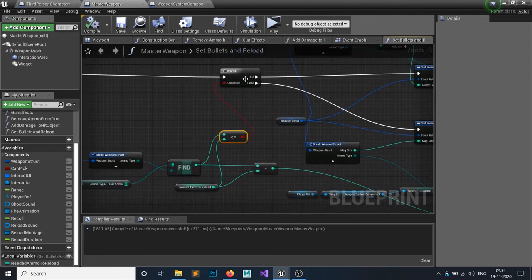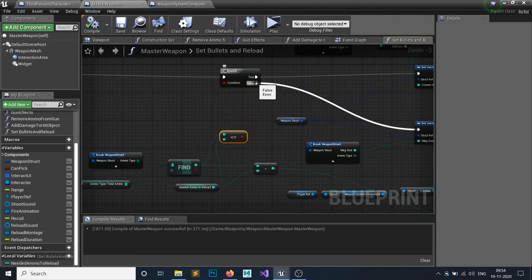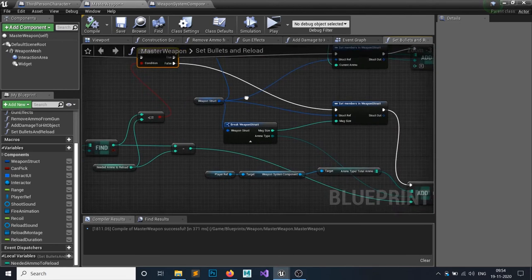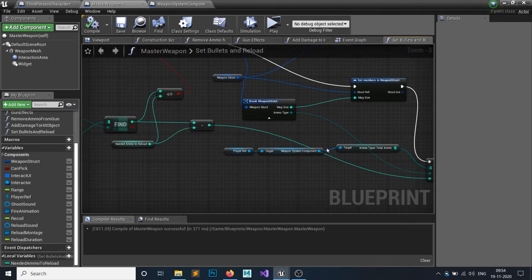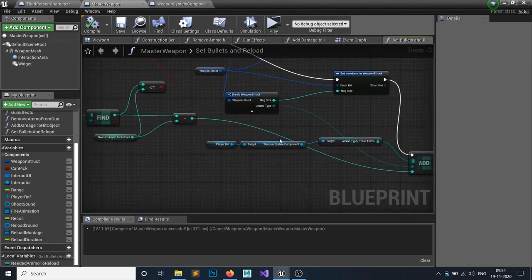Yes, I have enough ammo to reload a whole new round, so I follow the false part. In the false part, I simply set the ammo to my max size, whatever the current round I can fire, and then I remove those bullets from my player's inventory, the weapon component map.